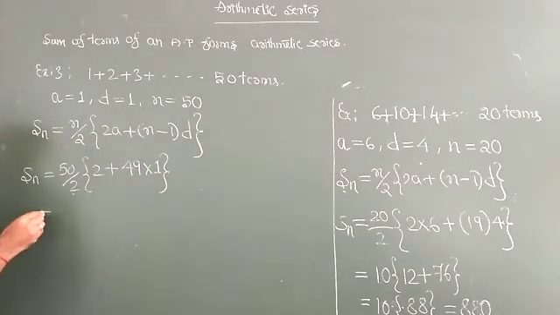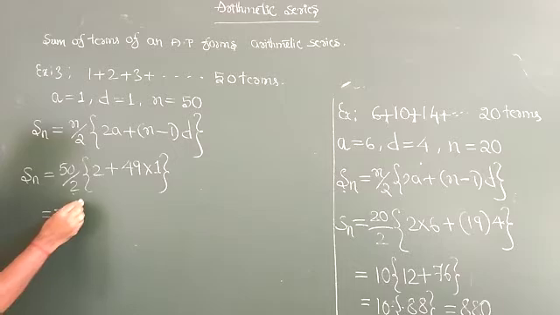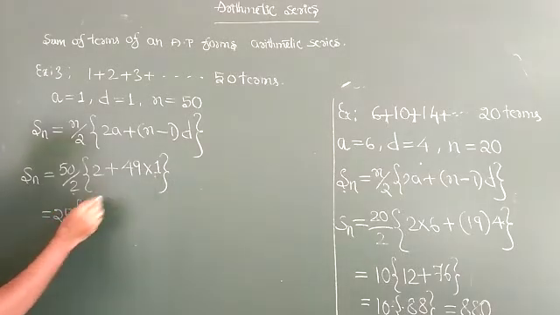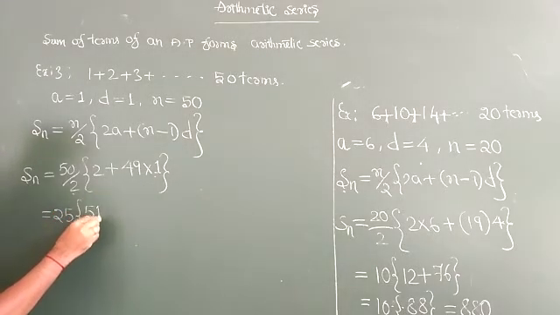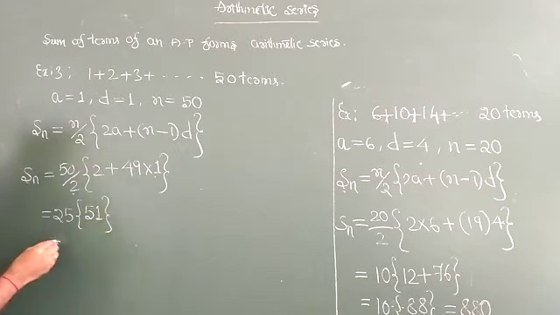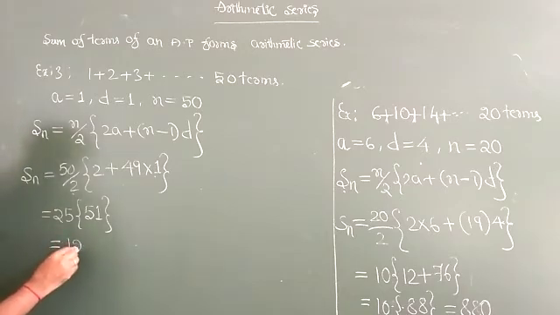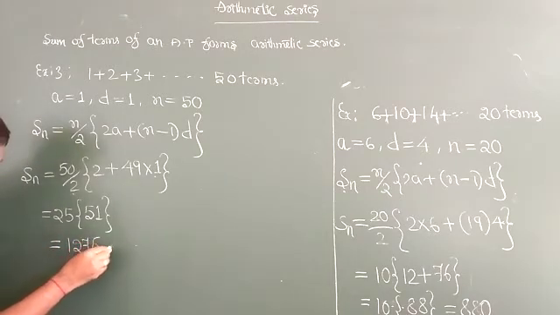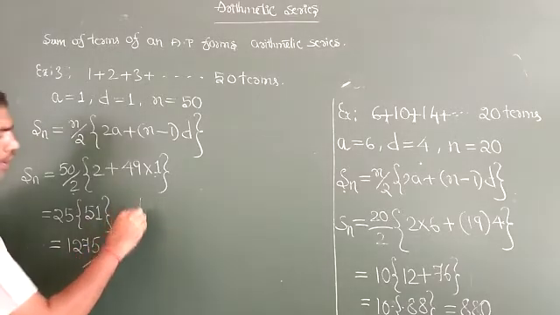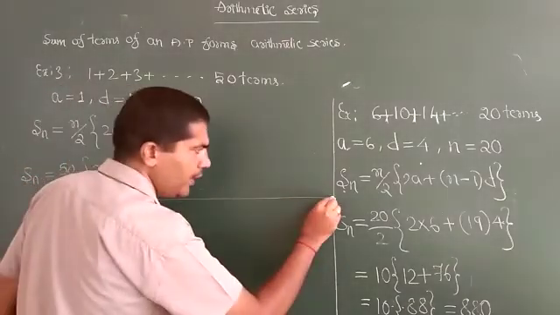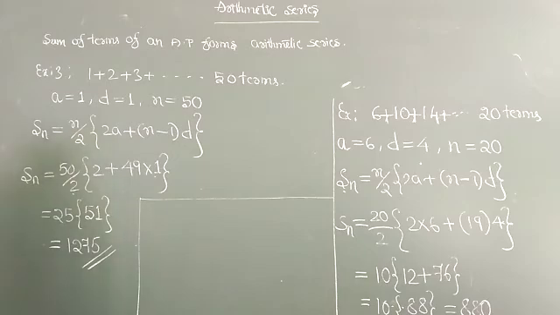What I have got now is 25 into 49 plus 2, that is 51. So 51 into 25. So what is the answer? 25 into 50 you do first, 1250. So let's become 1275. I have got the answer. But is it the only way of doing it? No. Whenever you are doing a sum of natural numbers, you can go for a easier, better formula.